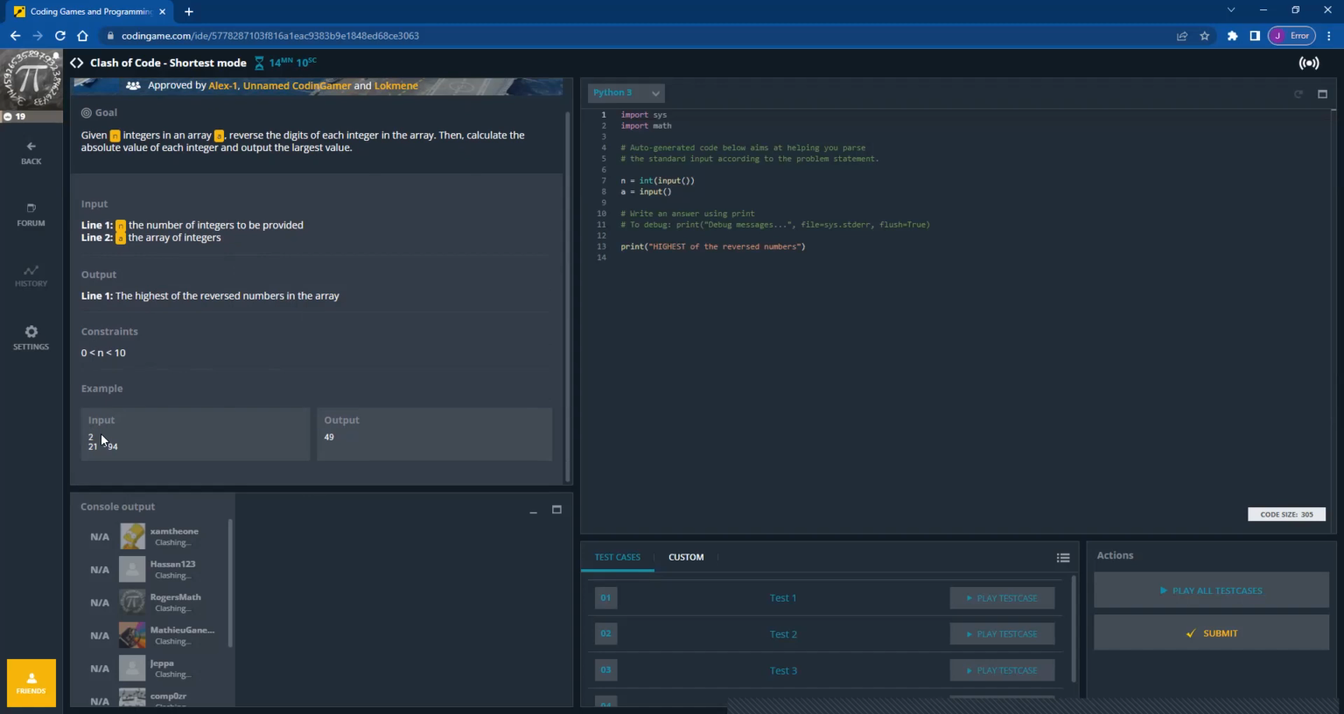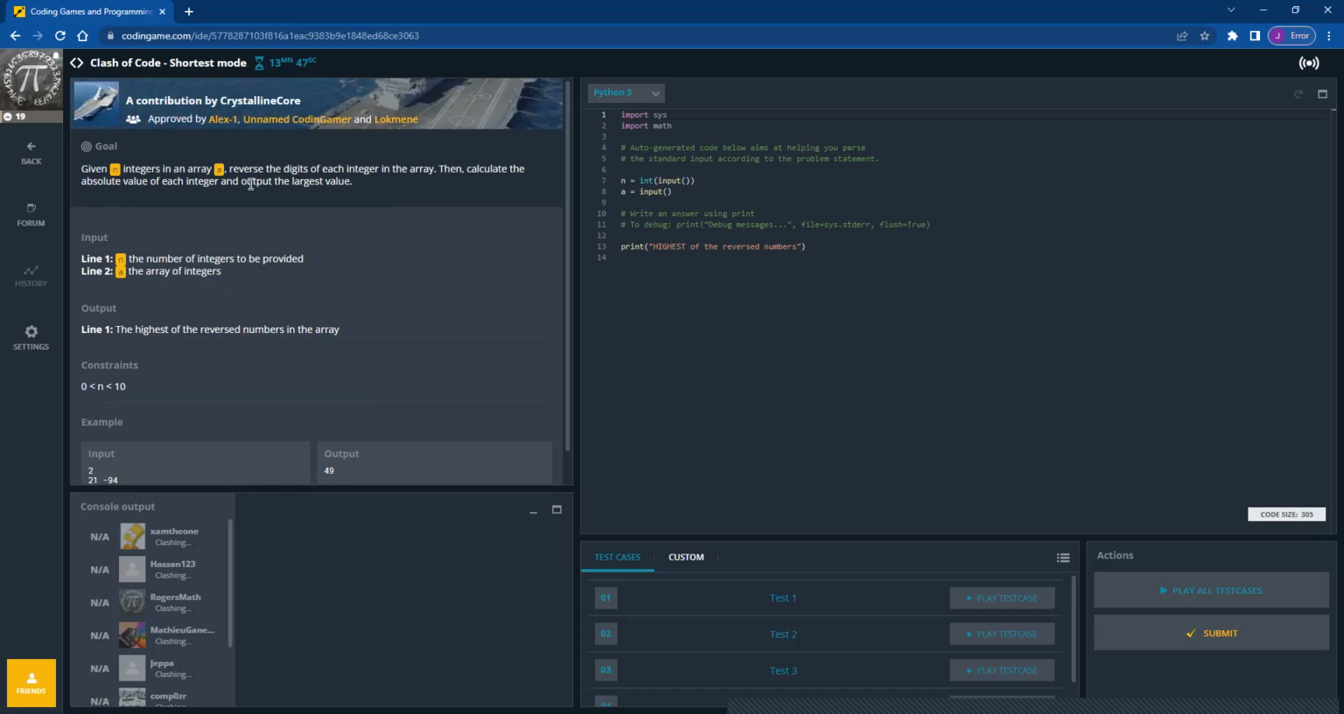So we've got two integers here, 21 and what will end up being 49. And we want to, so the 21 turns into a 12, the 94 turns into a 49 because we're reversing its digits, and we end up with a 49 as the output because it wants the absolute value of each